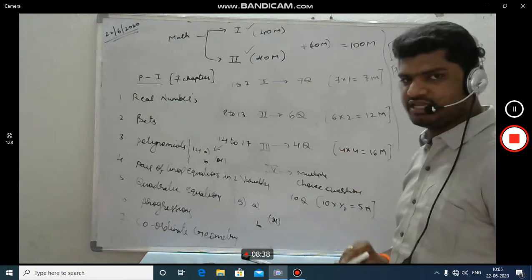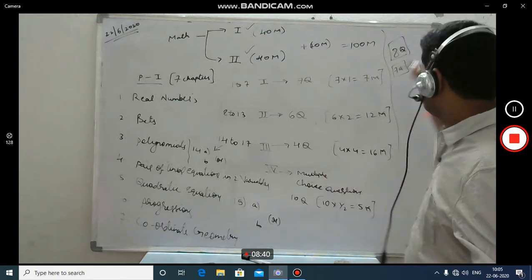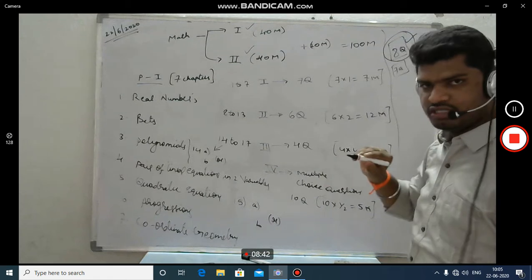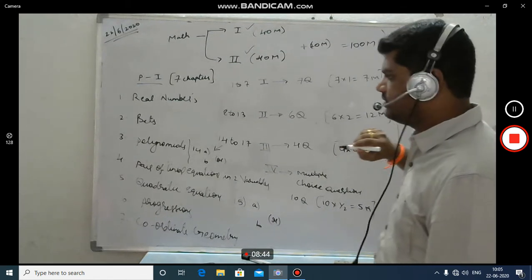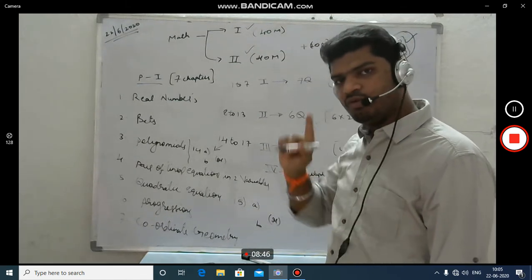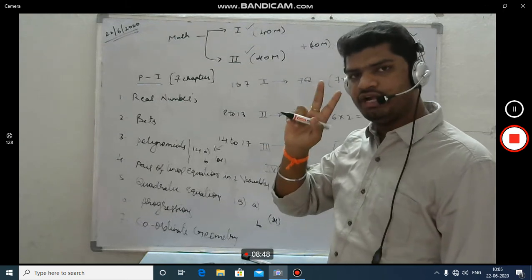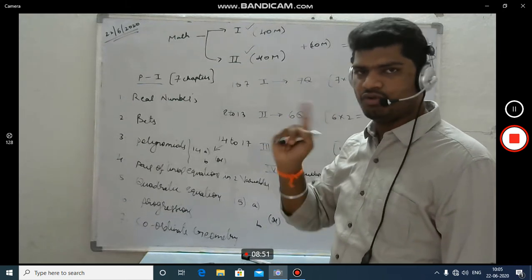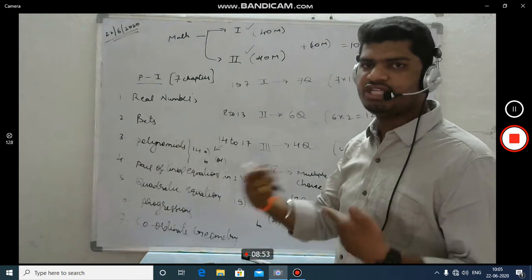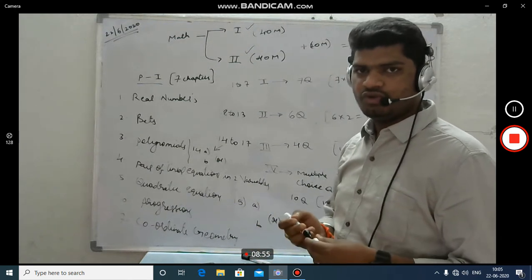And here also in section 3 they'll ask 8 questions in total, because I included the internal choice also. From these 8 questions, one question from each chapter will come. Only one chapter will have 2 questions. What is that chapter? We don't know, because every time the chapters can be shuffled. Clear? So this is the pattern.